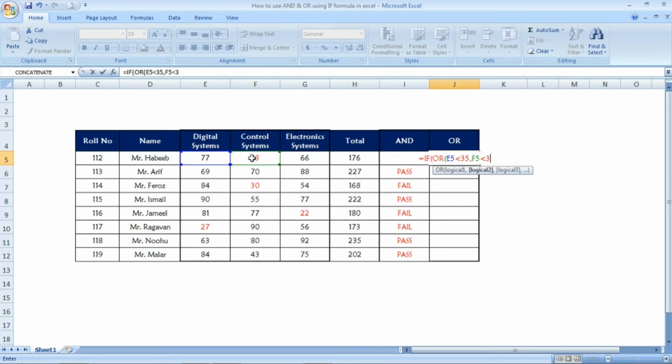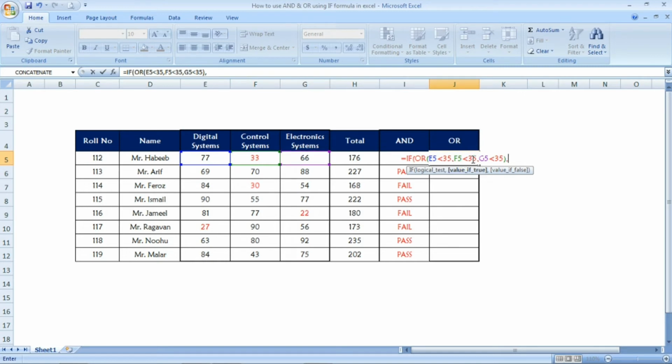Next I am giving another condition, the second mark, less than 35, and the third mark, electronic systems, less than 35. The OR function will check all the three conditions, and if any one of the conditions is true, it will return fail.